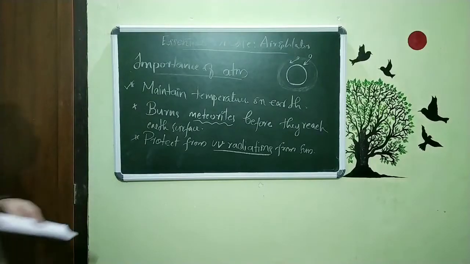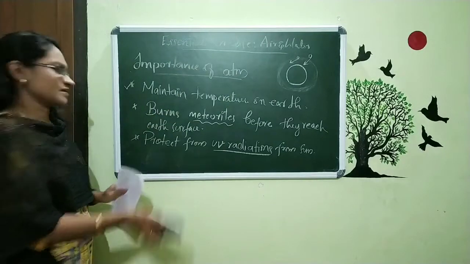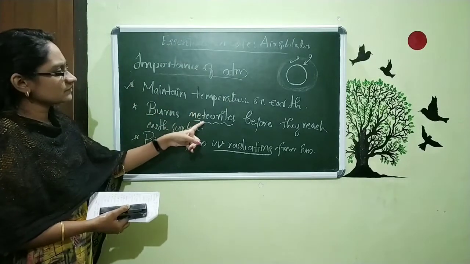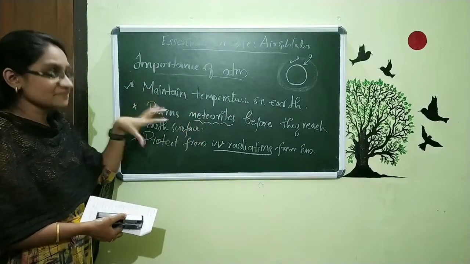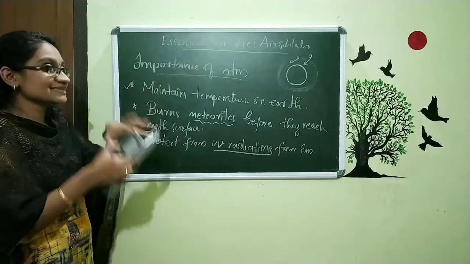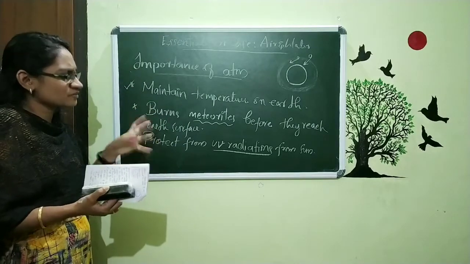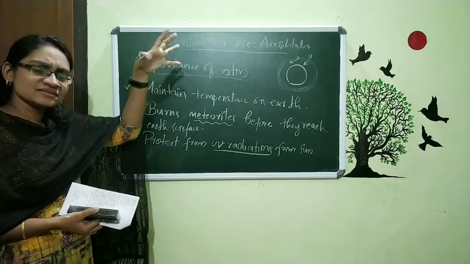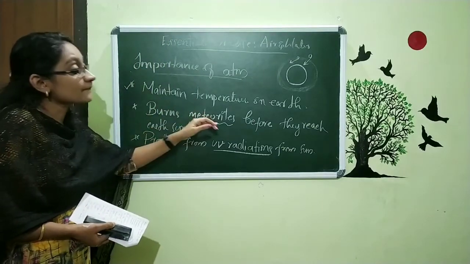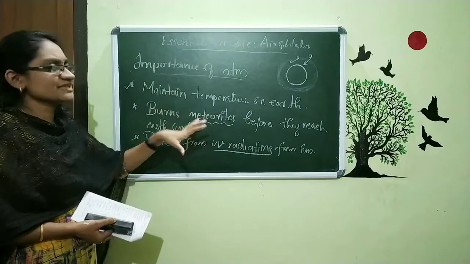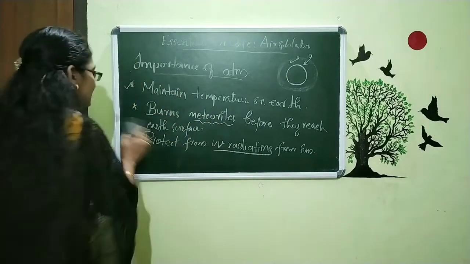Now we are moving to the next topic. This topic is over here. The thing you want to remember is meteorites. Meteorites means what? They are some fast-moving celestial bodies. Celestial body means something that is there in the sky. So some sort of highly speed-moving particles or objects within space. That's all.